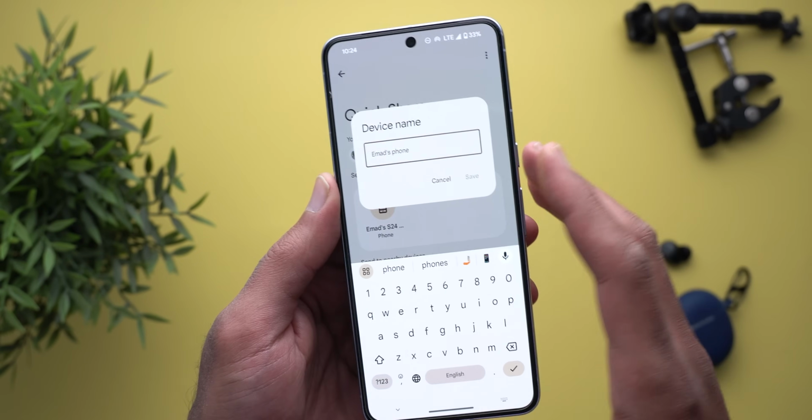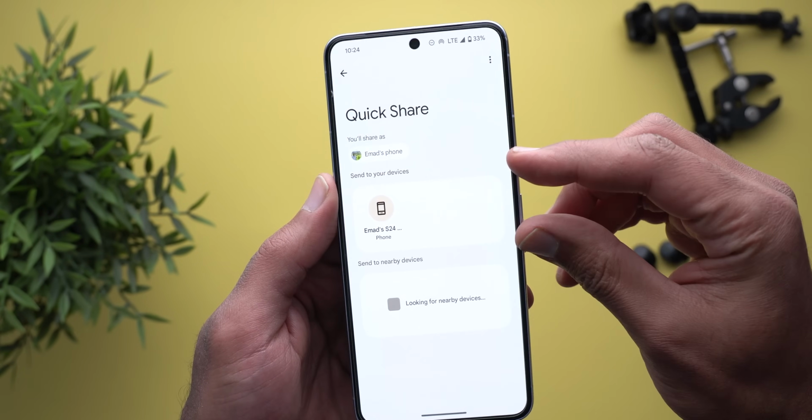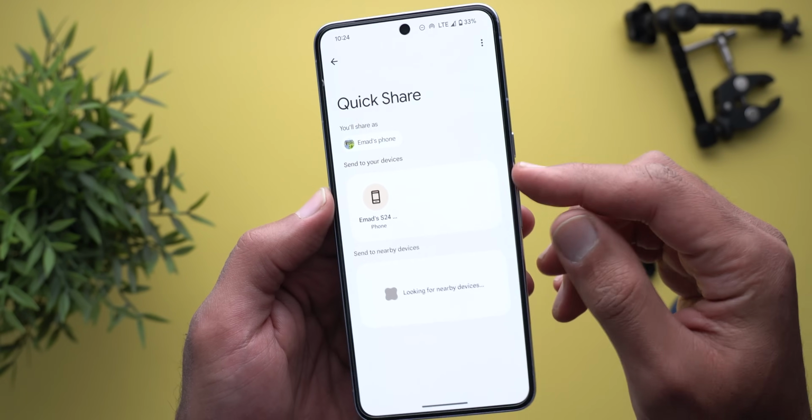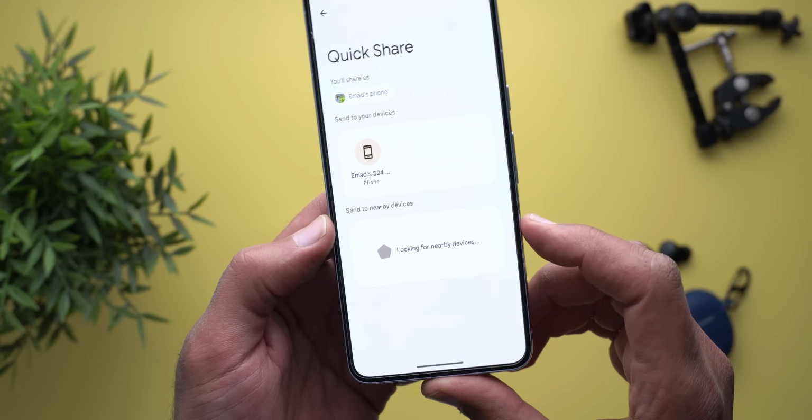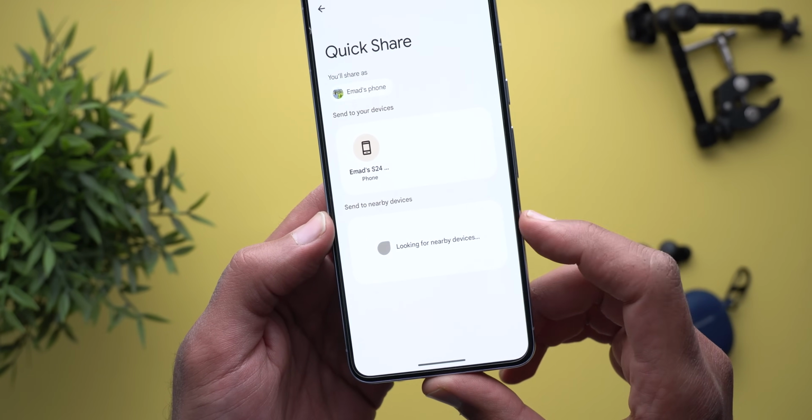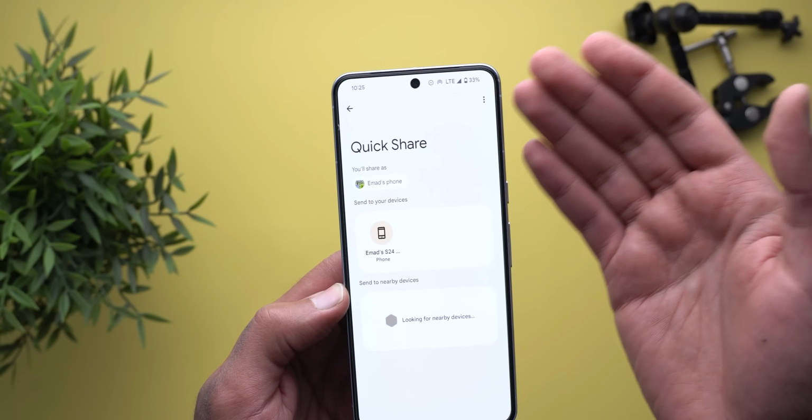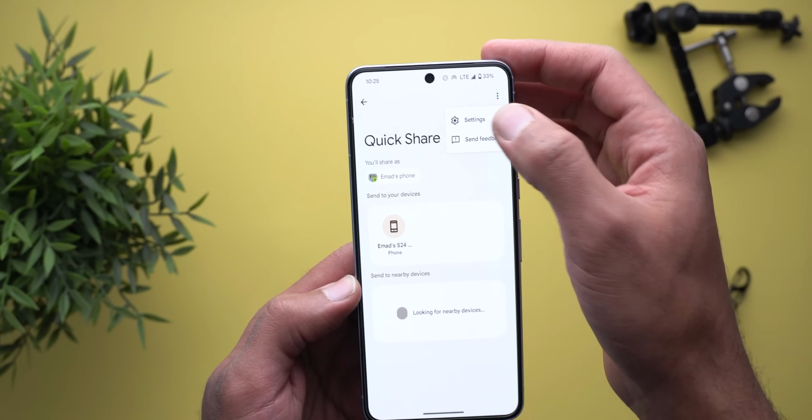From here, you can immediately change your device name. It will first show you your devices that are signed in with the same Google account, and then another section for the nearby devices. If you want to go to your Quick Share settings, you can tap on the ellipsis,